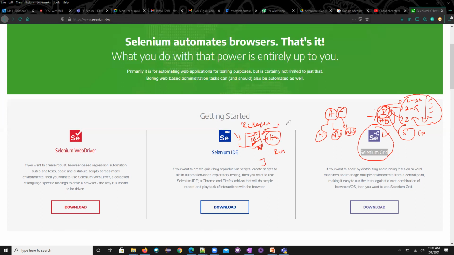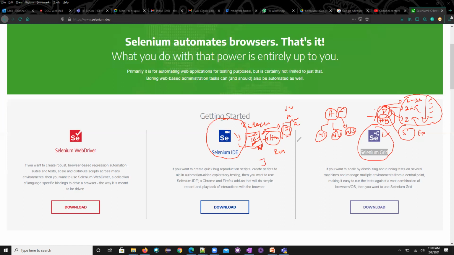And this script can be converted into all 7 languages which Selenium supports. Don't worry, I'll explain what the 7 languages are. So we can get Java code, JavaScript code, Python code, or Ruby code. And the reason we are not spending too much time on this is that we are not using it. But at least you should know how many components we have in Selenium.